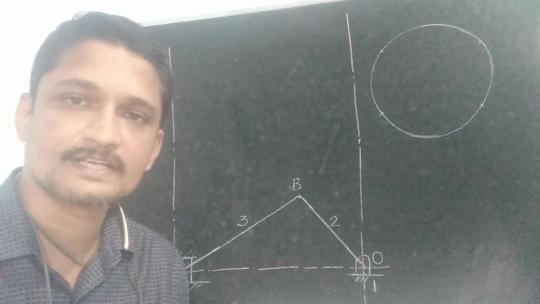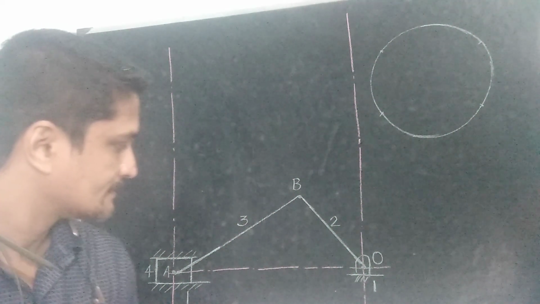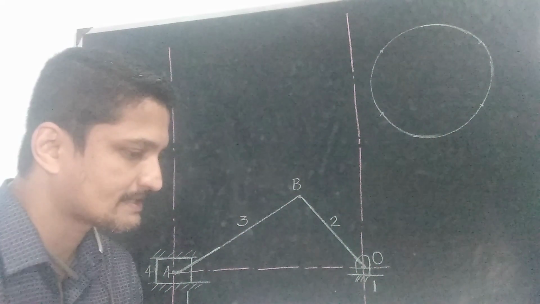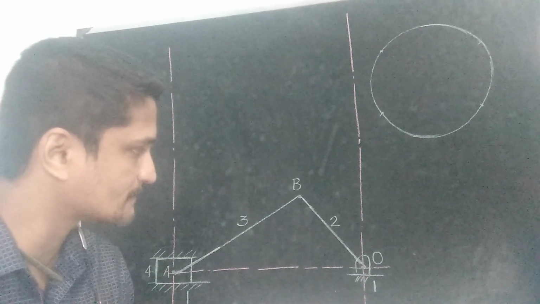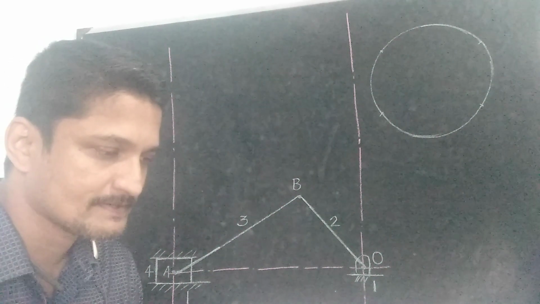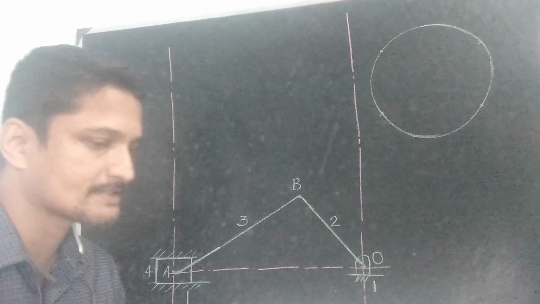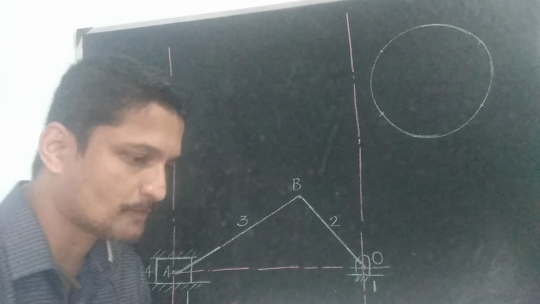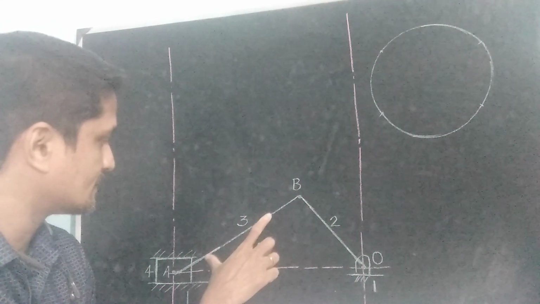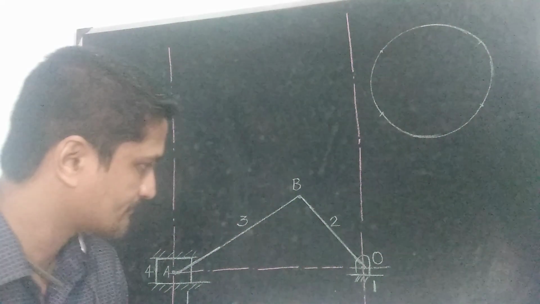First we must draw the space diagram. Here is the space diagram. The length of the crank OB is equal to 100 mm, as given in the question, and the length of the connecting rod AB is given as 400 mm. First we can draw this space diagram using an appropriate scale.